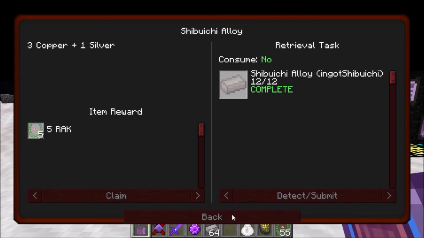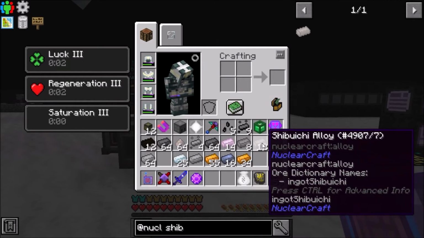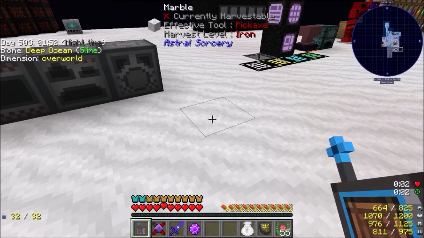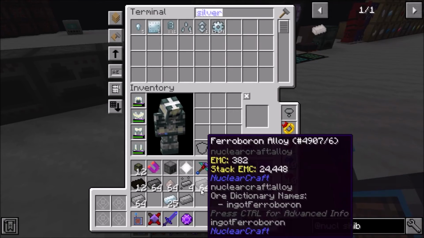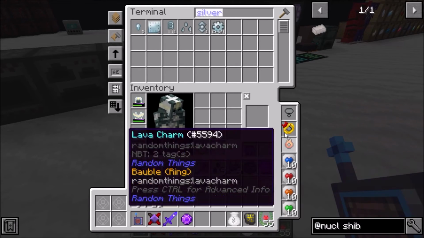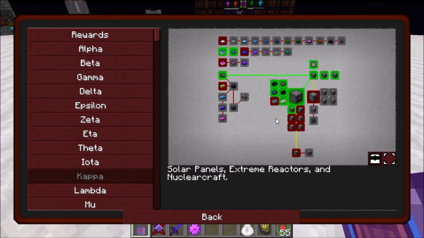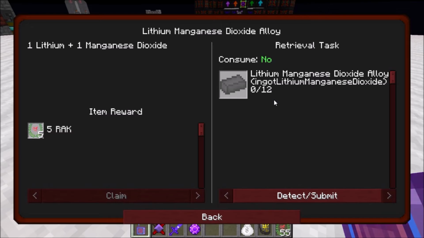So that is complete. Alright. We are loading up on stuff here. Let's put the copper away. Let's put the lead away. Let's put steel away. That needs to stay. Alright, so our next bit of business is going to be to make this lithium manganese